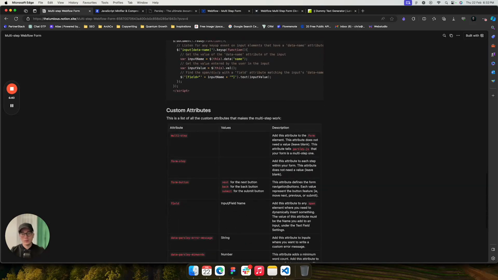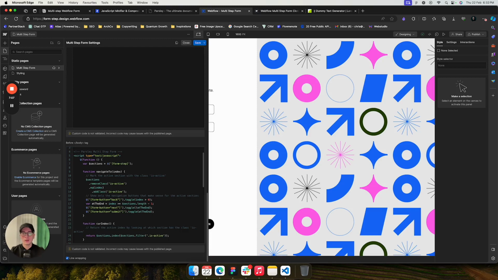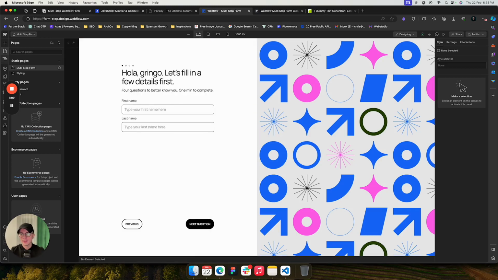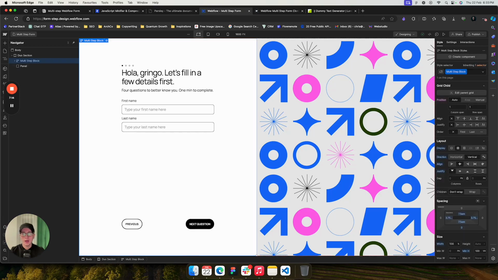Now, the most important part of this tutorial, of course, is to talk about the custom attributes that this multi-step form relies on. So the very first attribute is the multi-step attribute. You don't have to add any value. You just need to add the name of the custom attribute. What it does is it tells Parsley, hey, this Webflow form, I want to turn it into a multi-step. And if we go back to this clonable, let me click on close and show you exactly where you would add this. If we open up the navigator and click on this multi-step block,